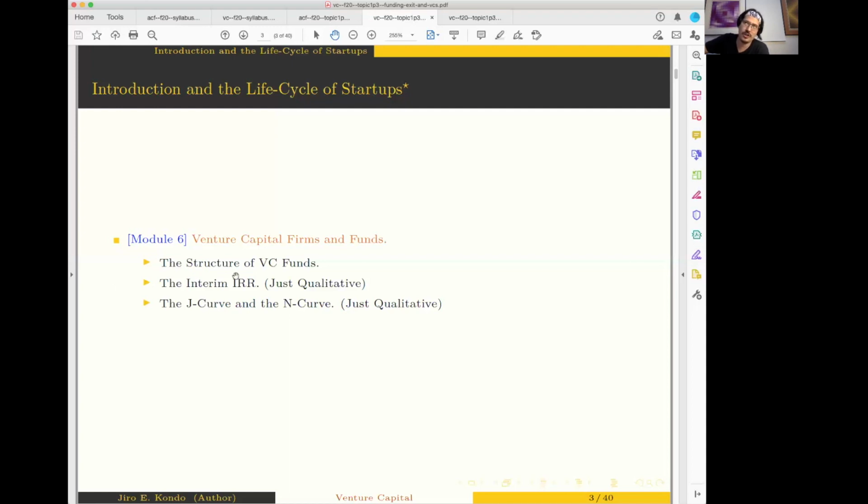And again, just to repeat myself, I do want to emphasize that you shouldn't necessarily feel that you're shortchanged in a way that matters early on in your career from this decision to strip this out, because all of the things that are discussed here, right? Thinking how you should structure your venture capital fund, and how you should assess the performance of a VC. These are questions that in the real world are asked by people who are far more senior than you guys will be in the next 5, 10 years.